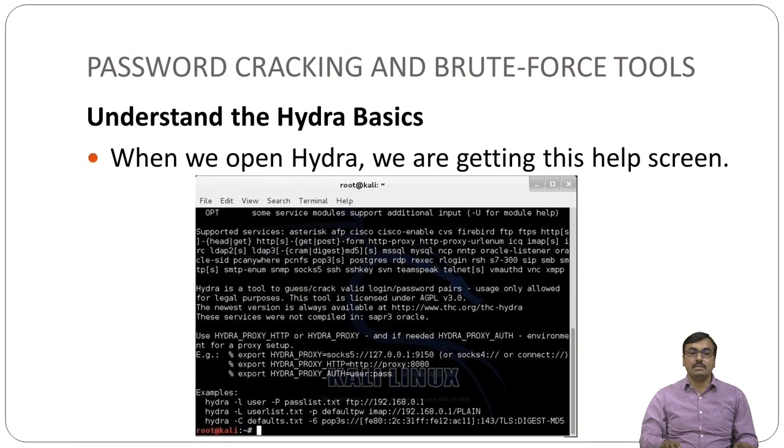By observing this, you will get an idea regarding Hydra. There are several parameters, -L for the user list, -C for the default text file. Through that you perform the password cracking operation.